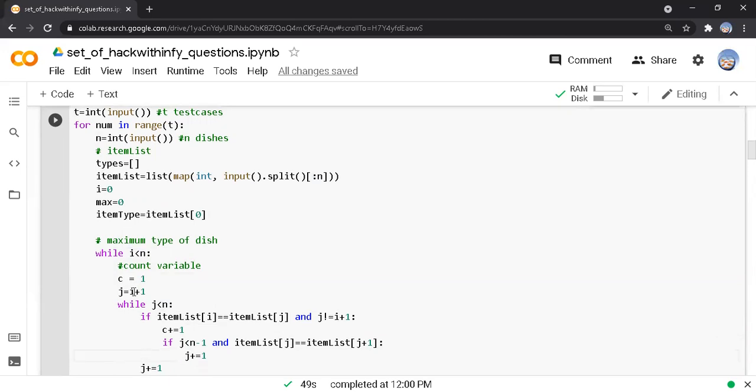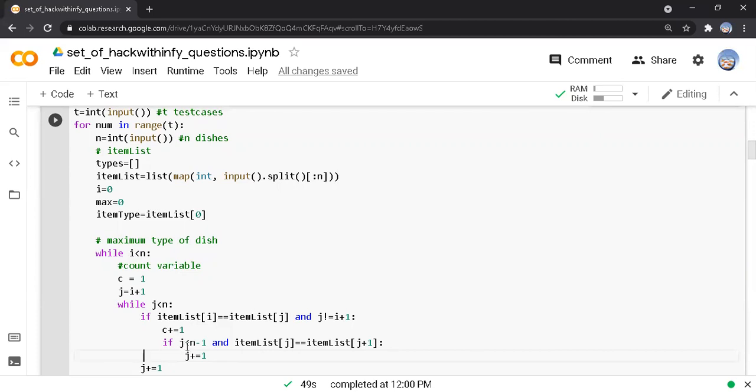After that, we declare j equal to i plus 1, which means we are comparing the ith value and the jth value. If both are equal, then we have to skip that and go to the next one. So we are checking whether the ith value and jth value are equal and the j value and i plus 1 value are not equal, then we have to increment the c value.